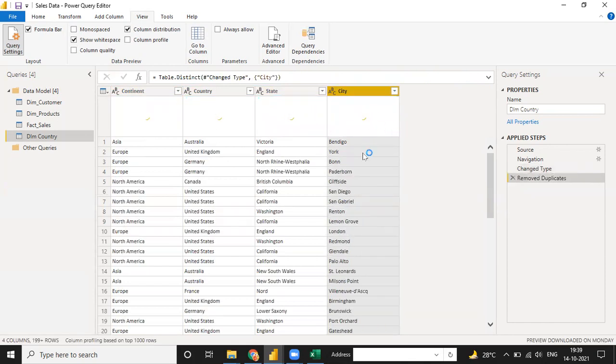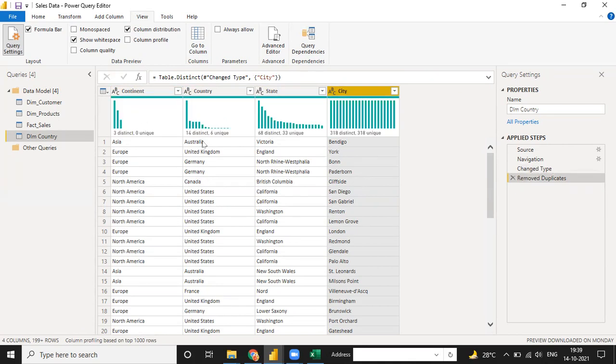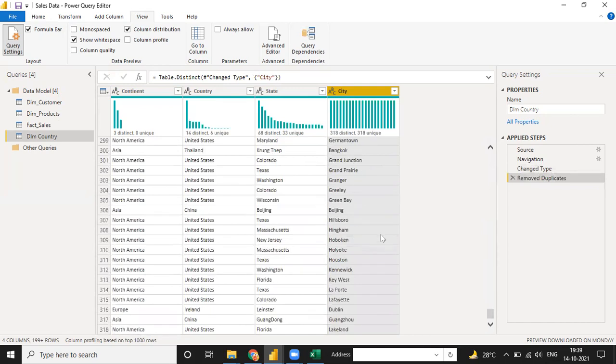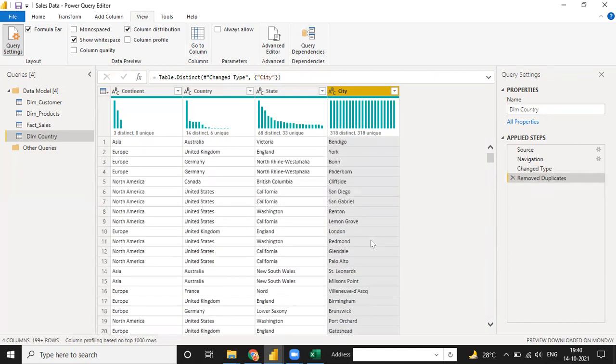So it will be helpful for you, because city is the smallest unit, and if the city value is unique, it means your Asia value is also unique there, your country is also unique there, your state is also, and your city is also. When you click on move down, see, the total number of cities we have is 318 and 318 is a unique value. So all the values are unique in the city. So if you select your values city-wise, it will give you the complete insight. Otherwise, without removing duplicates also you can do that.